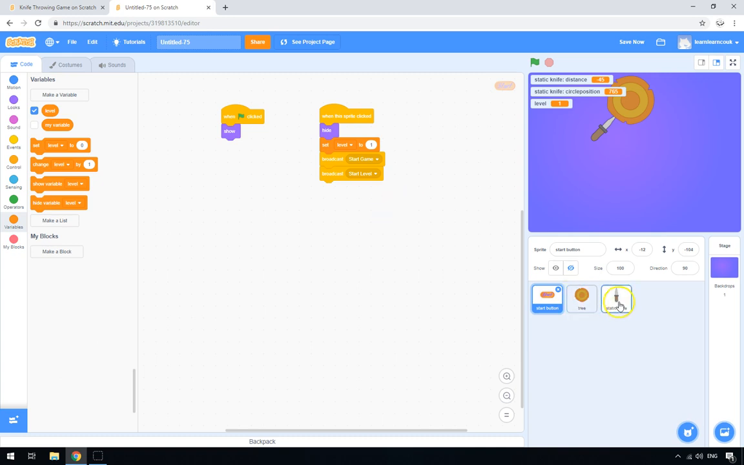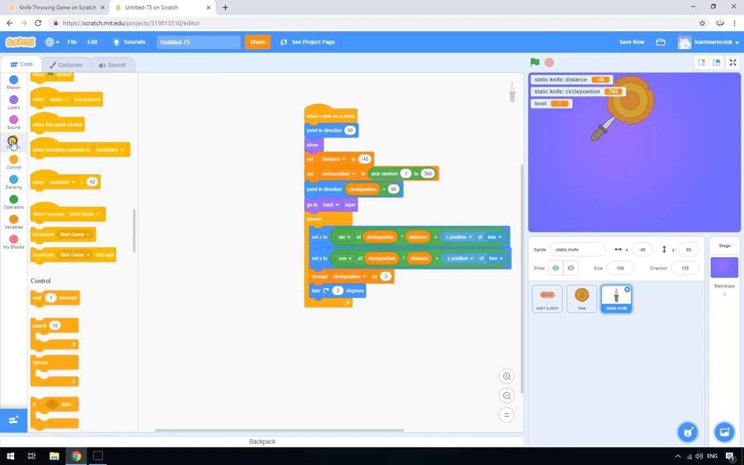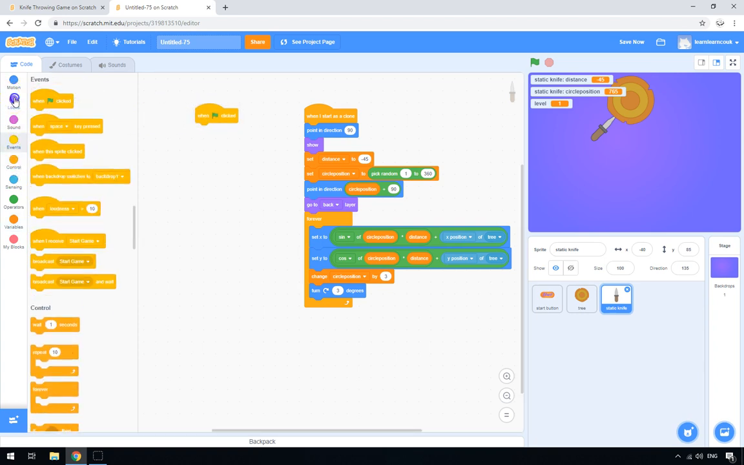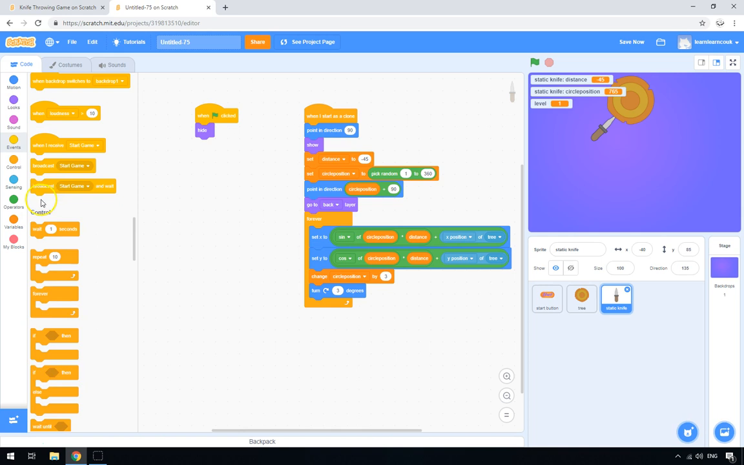And what we can say here on our static knife is, okay, when start clicked, let's hide, because we want our main guy to hide. We only want clones to show. And then we say, okay, when I receive start level, when it's starting the level,